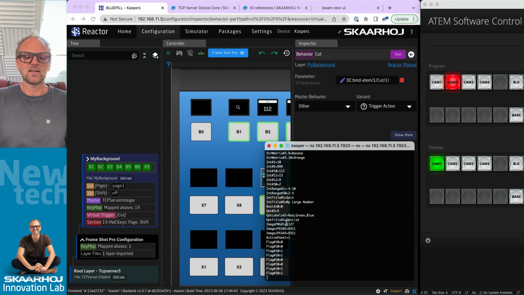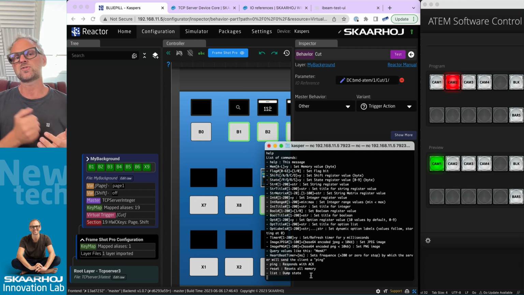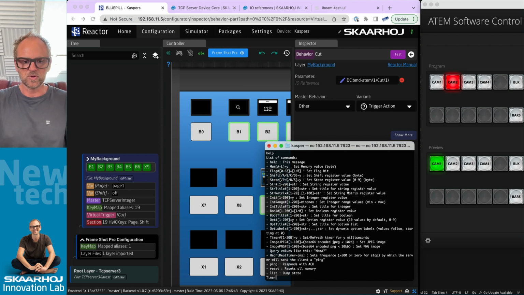But there's a smarter way inside the TCP server device core, and that is called timers, because a timer is something that changes its value for a short part of time. Right now, the issue is that if you send flag number 10 equals 1 multiple times, it won't work. You need to reset it to 0. But if you do it with a timer, let's say we take timer number 10, and we set timer number 10 to